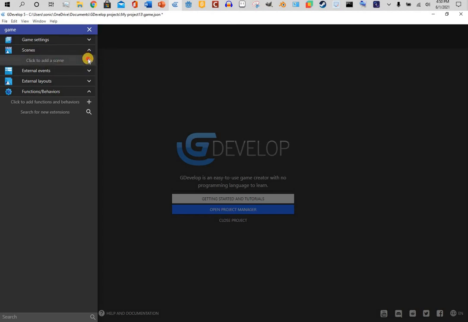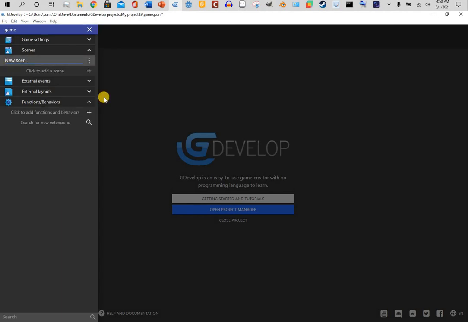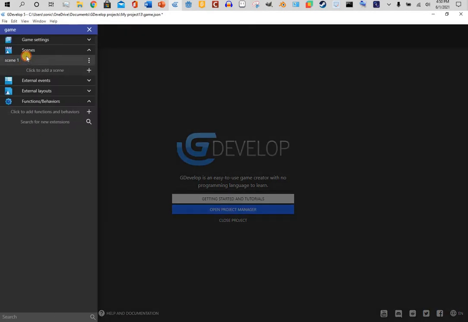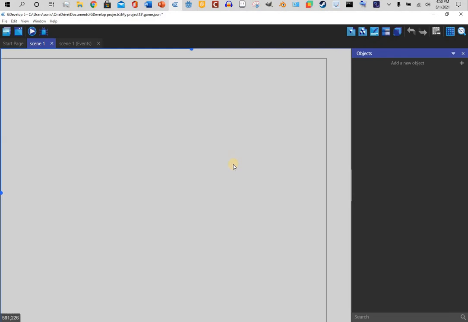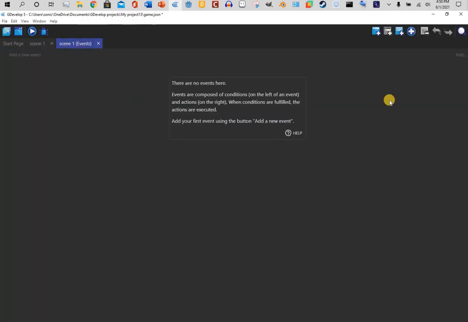So hit the plus button and it will add a new scene. We're gonna rename it scene 1. Double click it and you will come to this. This is where you build your level. This is where you edit it. This is the visual editor of GDevelop. This right here is where you